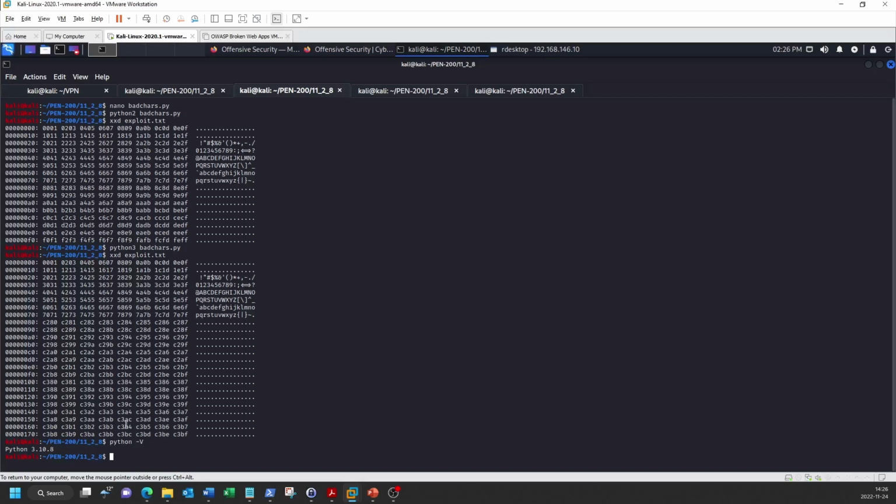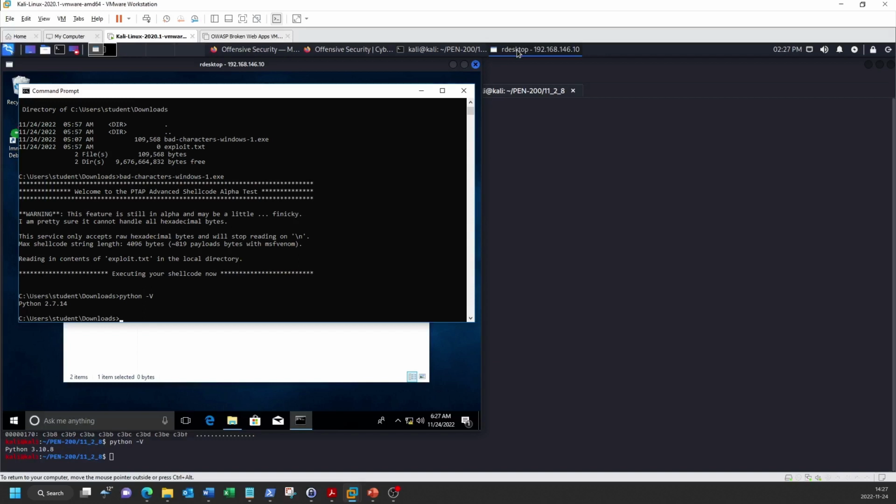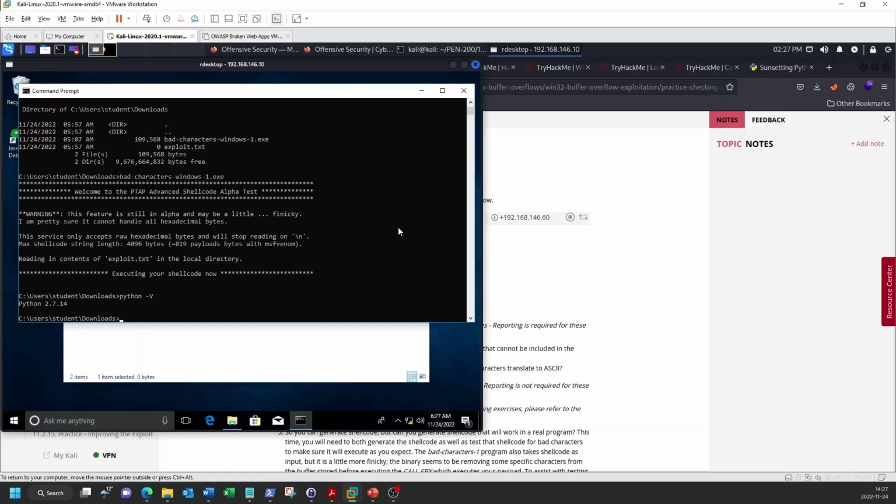In this case, Carly is using Python 3.10, whereas the exercise VM uses Python 2.7. That's why I like to put the Python version into the shebang and make the script executable. That way, I know that I'll get consistent results every time, rather than having to remember which version of Python to use.